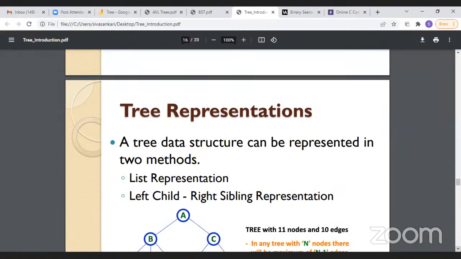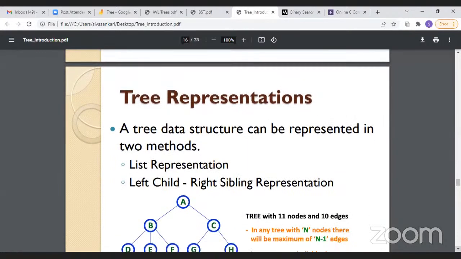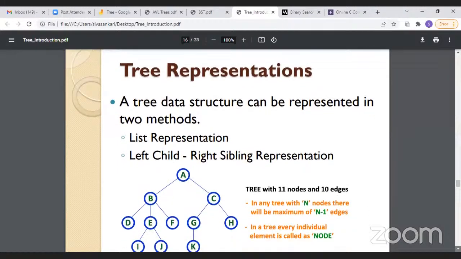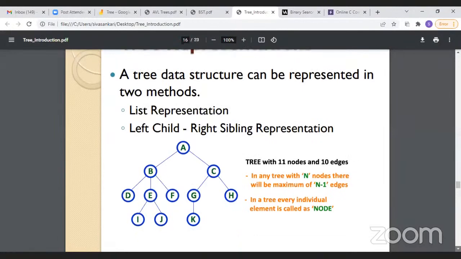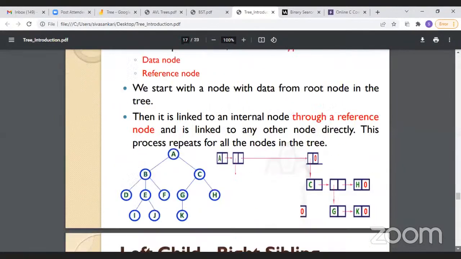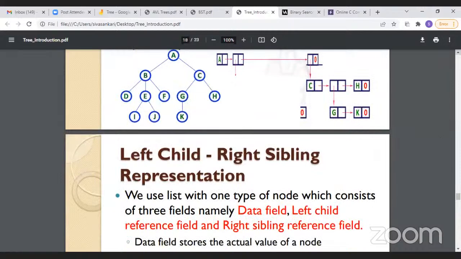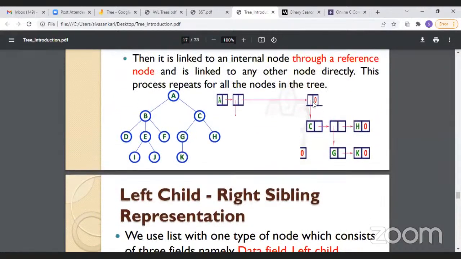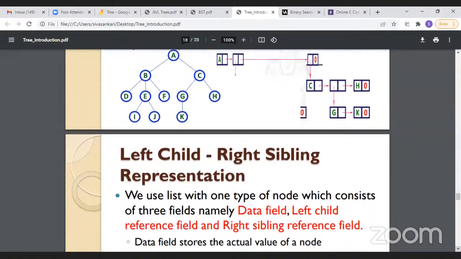So how can we represent a tree? We have methods to represent the tree. Either we can go for list representation or we can go for left child, right sibling representation. So these are modes of representing general trees. For the list representation, from A you can show the connectivity using the normal list. Or if you are going to use the left child, right sibling, you can have